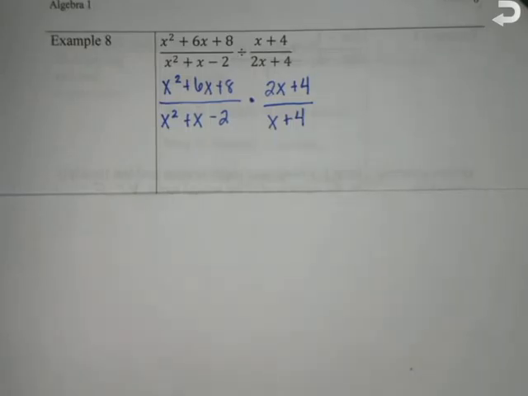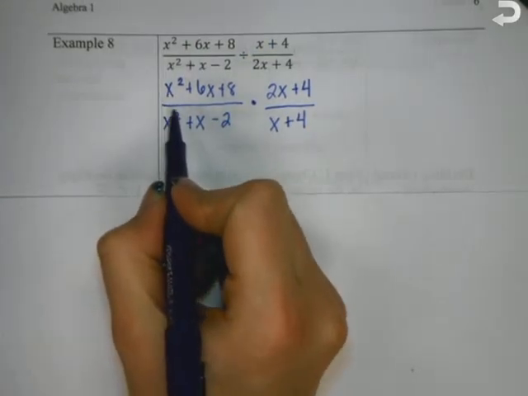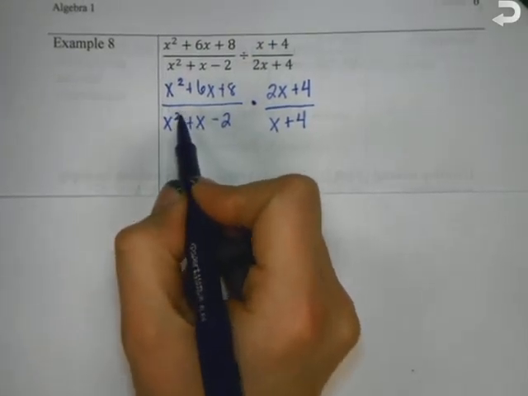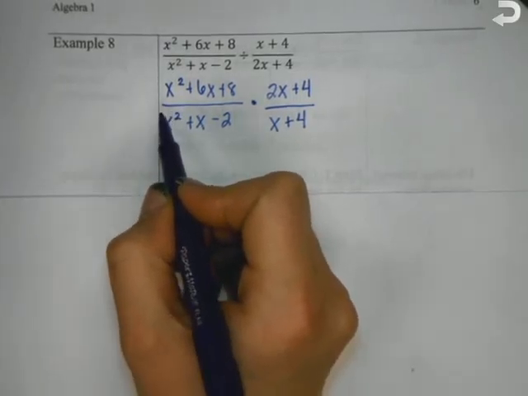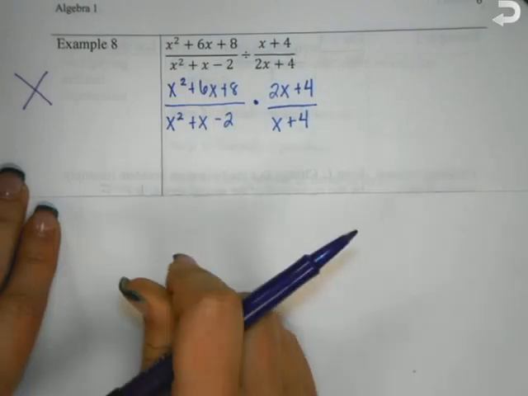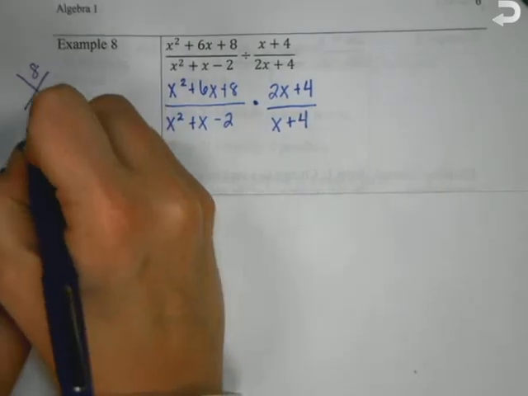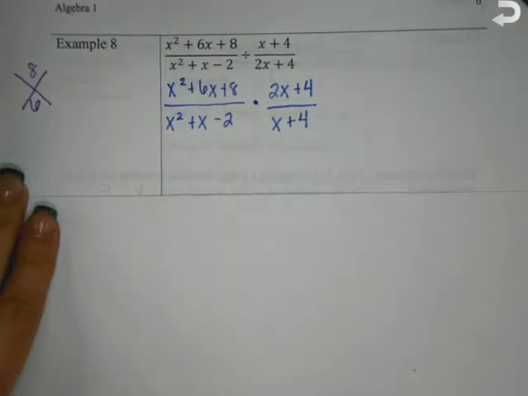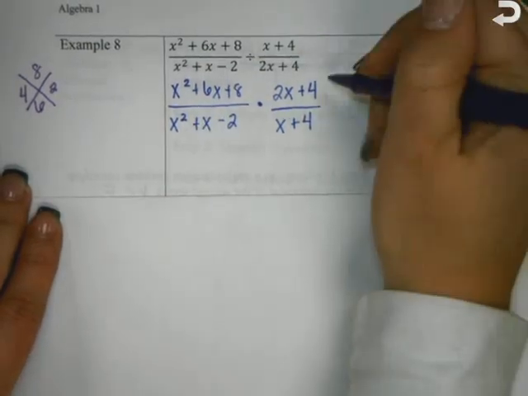I'm going to look at this first term, and I'm going to look at the numerator. Can I factor that? Diamond method. Let's use the diamond method. I need two numbers that multiply to positive 8 and add up to positive 6. Jared? 4 and 2. So we're going to factor that first guy to x plus 4 times x plus 2